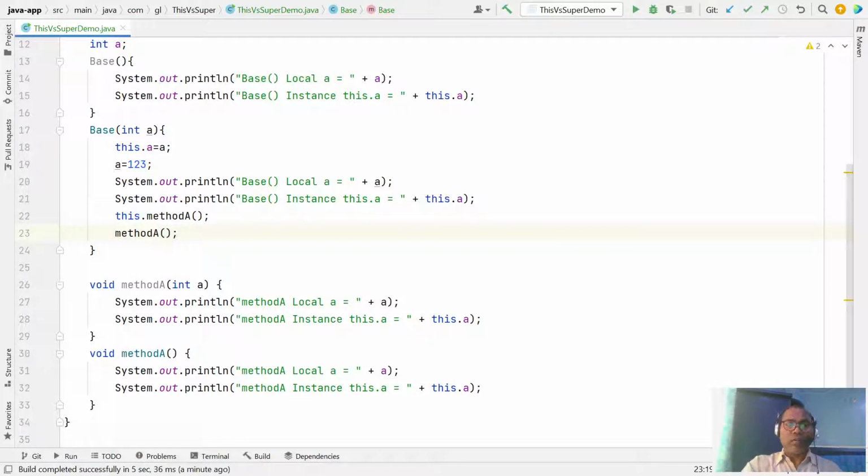So this does not make sense. Thus generally this keyword is not used to invoke the instance method, because there is no duplicate method A. You can write code like this dot method A or direct method A, both ways work. But generally the preferred way is not to use it like this.